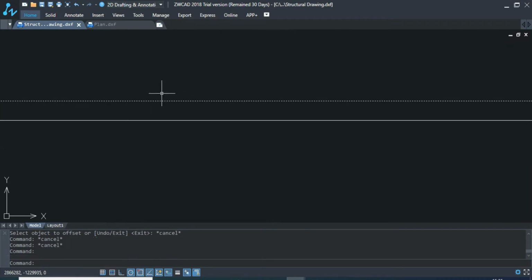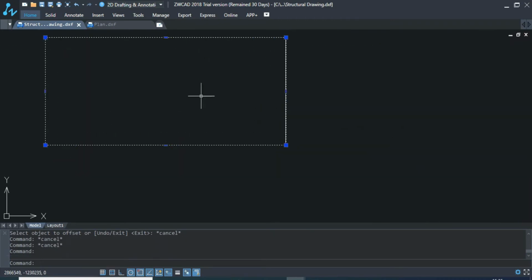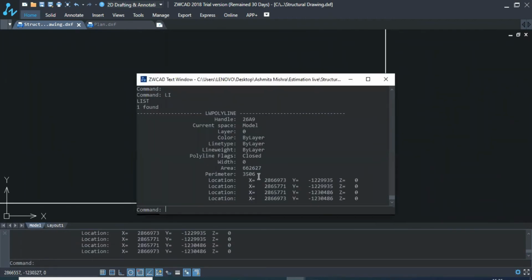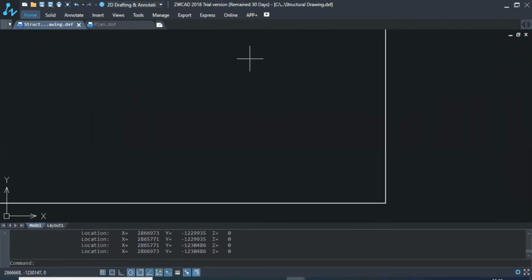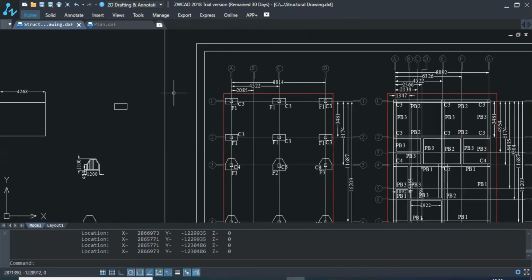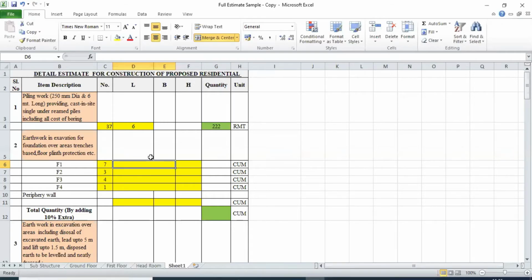Then just select the outer portion and press Li enter. So here in the perimeter section you will get the length. Then you can see the perimeter and you will get the length. So we will have 0.45 meter.